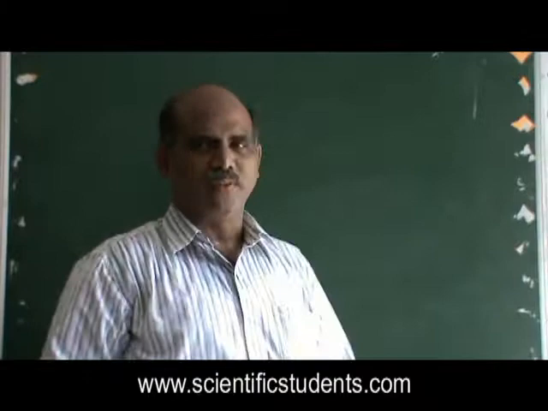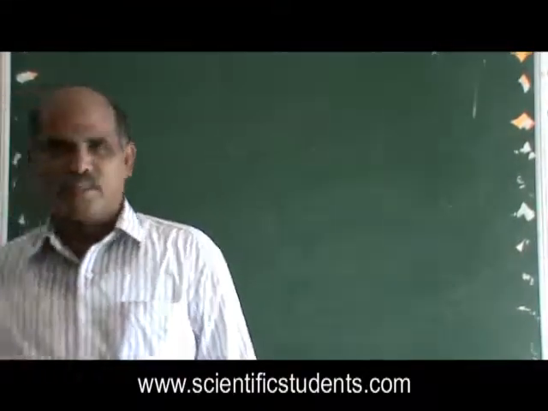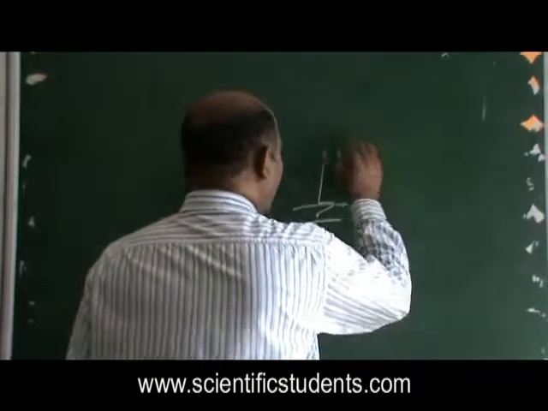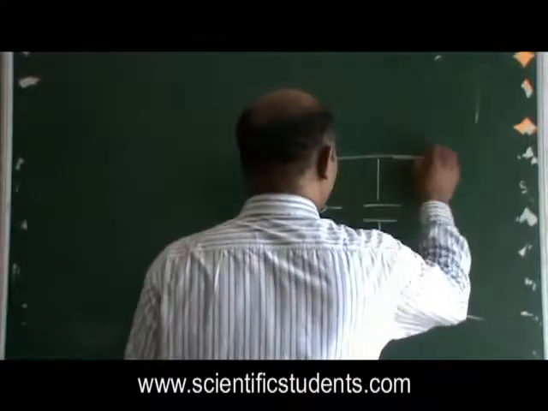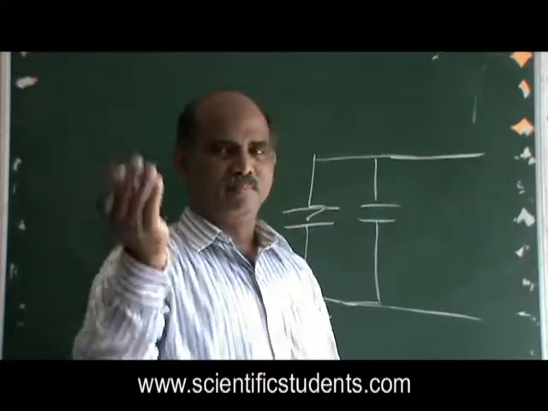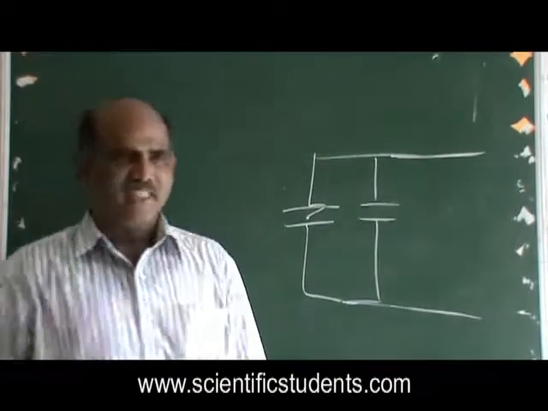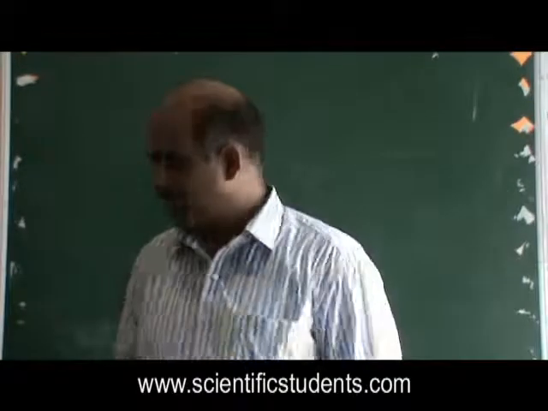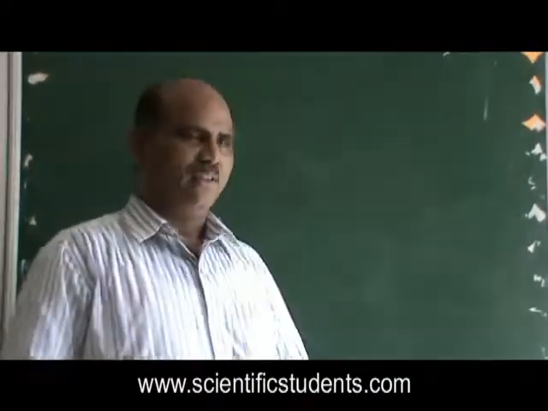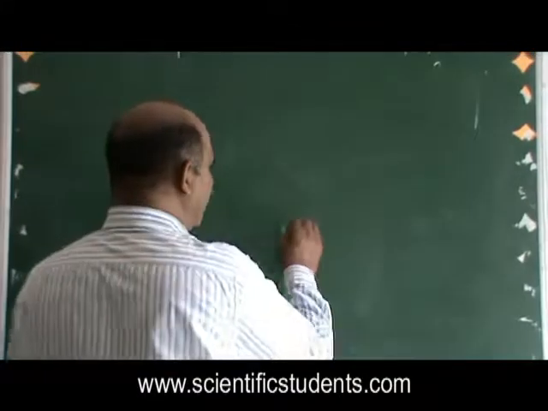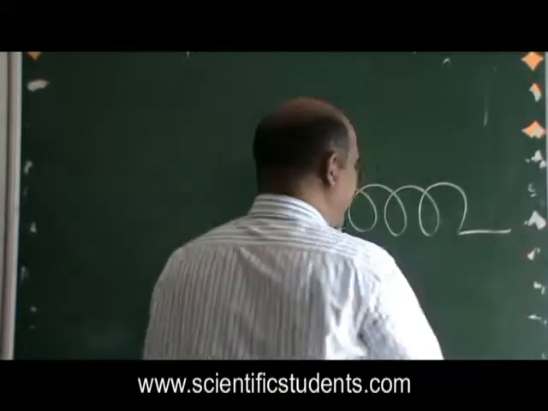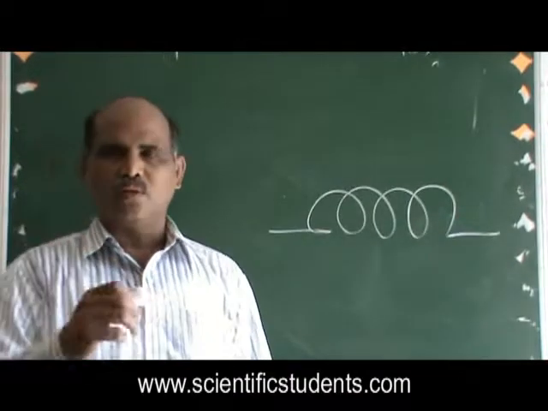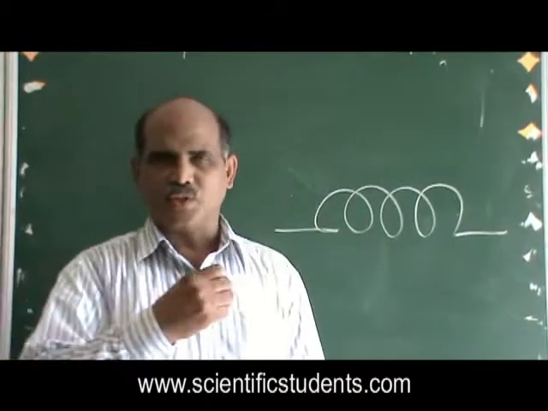However, this is not the case with capacitors. With capacitors it is the reverse. If you connect capacitors in parallel, the effective capacitance goes up. But if you keep capacitors in series, the value of capacitance comes down. We also need to talk about one more important passive component, the inductor. It's like a coil: enamel copper insulated wire wound on a core or air core. In circuits it is shown like this.